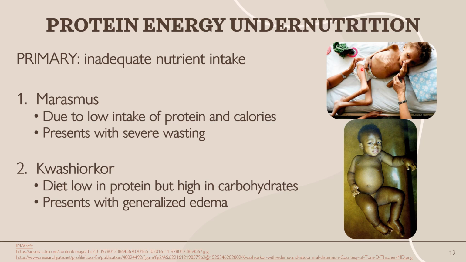Note that basically this is a patient who is all skin and bones, okay, because of the lack of protein and calories. Next, we have a kwashiorkor patient, which has generalized edema and whose diet is very low in protein but high in carbohydrates. So it's represented by this patient here below. So note that although he looks a bit on the stout side, this is actually a very undernourished patient. So that is not fat but is edema, okay, because of the low protein.